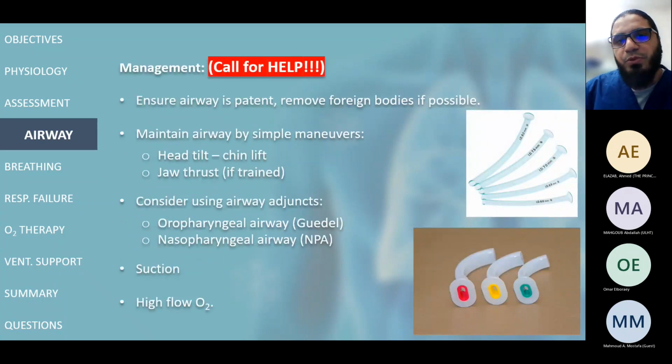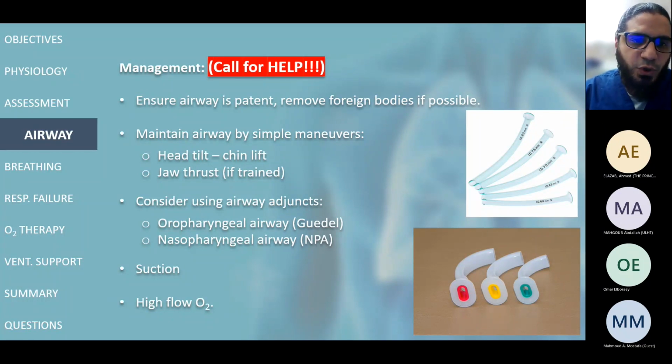How to manage a compromised airway? The first thing, which I put in a very bright red up there, is to call for help. You don't have much time if the patient is losing his airway. You have to call the arrest team or the intensivist or the anesthetist on call to give you a hand about it. Meanwhile, while you are waiting for the team to arrive, just be sure that the airway is patent